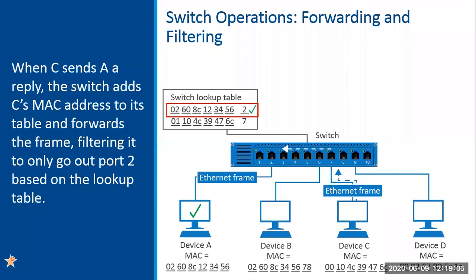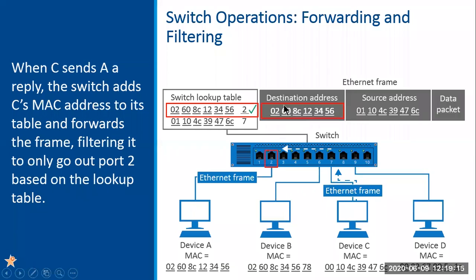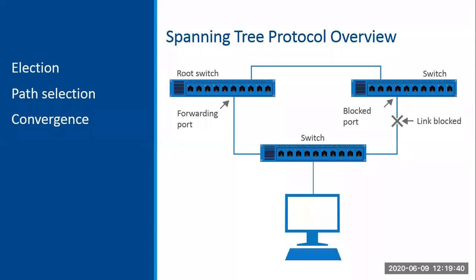Now, one of the other big things I want to point out is it'll also flood out broadcast. By definition, a broadcast will have the destination MAC address of all Fs, which indicates it's a broadcast. Usually the source does not know who to really send it to, so it sends it out as a broadcast. Something inside that frame will determine which device it's actually meant for. But at first, the device that's sending it does not know, so it sends it out as a broadcast. That, too, will be flooded.